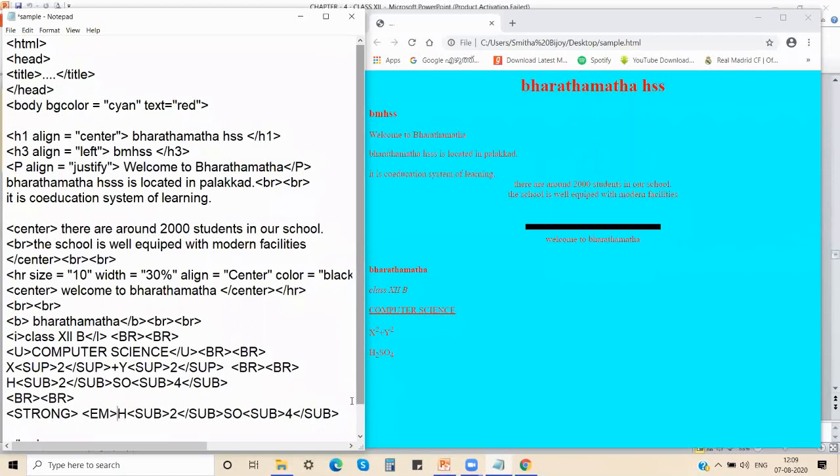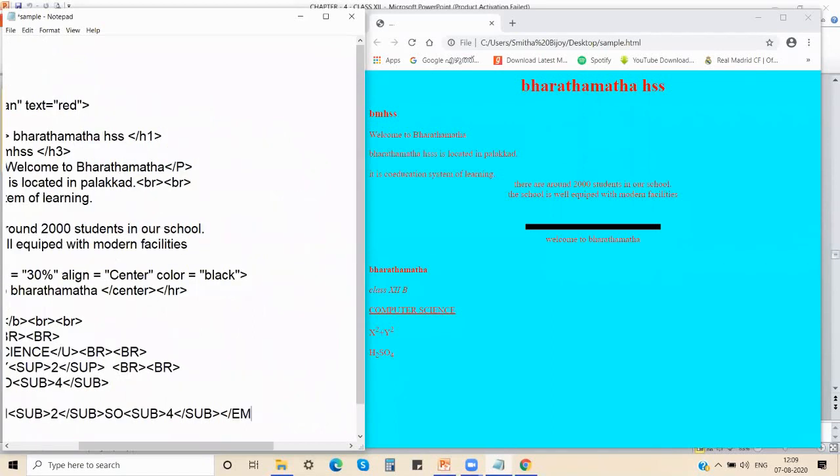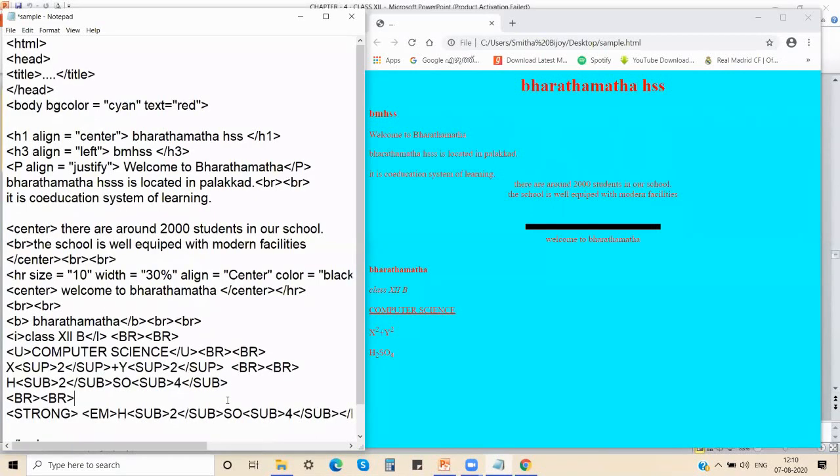Here I'll close the em tag first, then close the strong tag. So this is how you have to nest the tags.